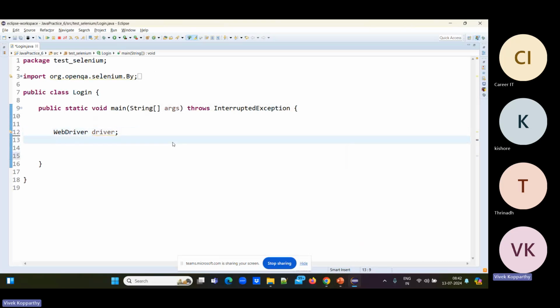You can give any name here. Then driver equal to which type of browser you want to open. I want to open the Chrome browser, so new ChromeDriver. That's it.